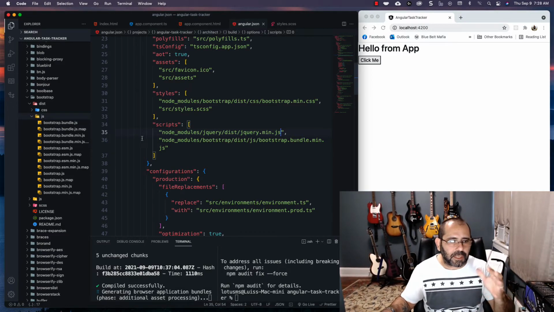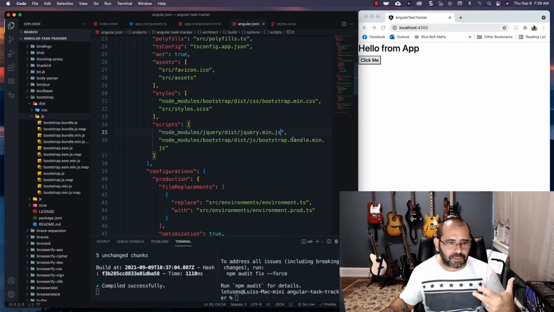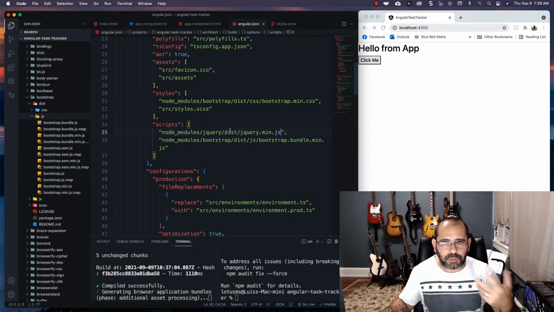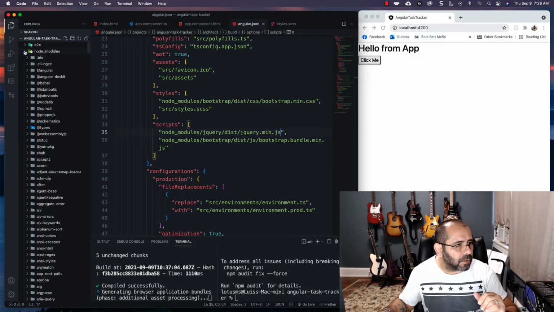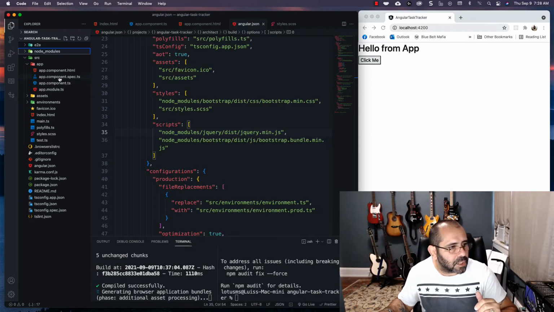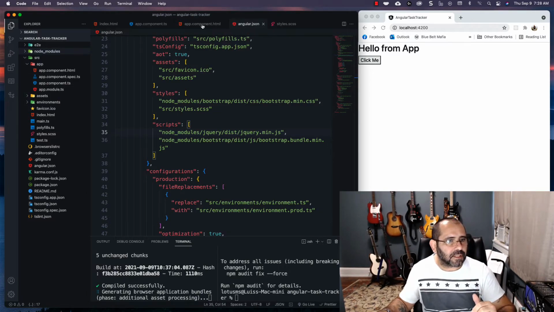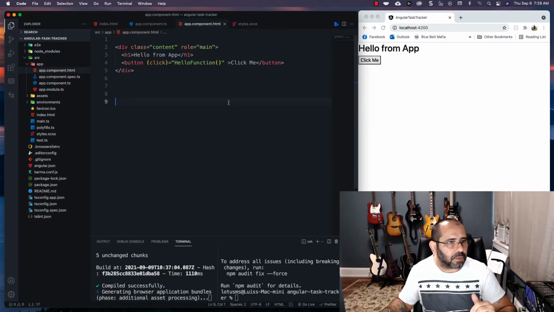So basically what it's doing right now is it's going to this place right here, and it's finding these JavaScripts and compiling them together so that you can use it in Bootstrap. Okay, so it's generating all the application bundles down here. We're gonna let it do its thing, and we're gonna close this here because that's huge. And now that we have this, we can go ahead and close that, and we can go to the component,